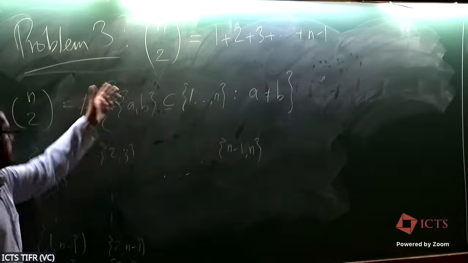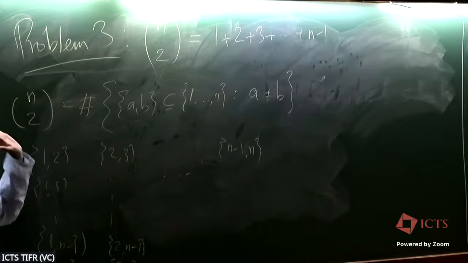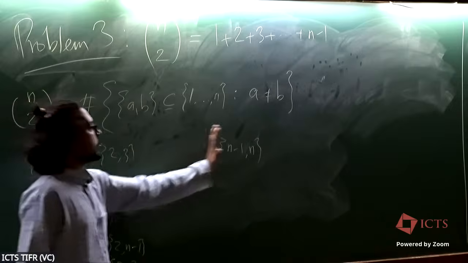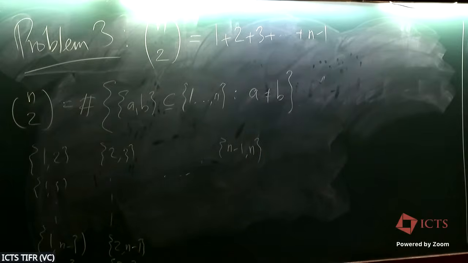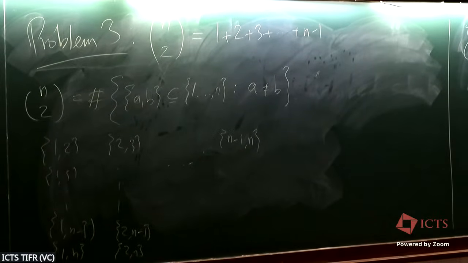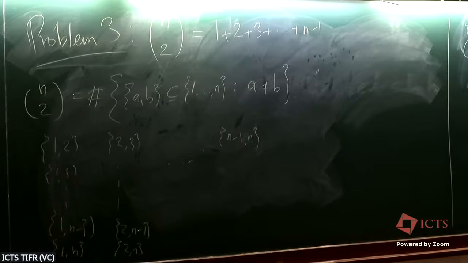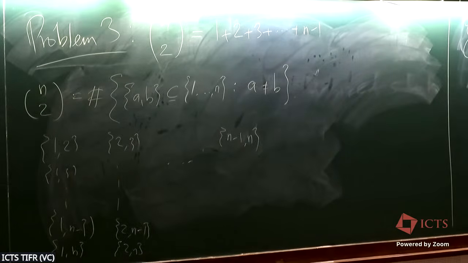So this set, you counted it in a different way. This is a double counting argument. Very nice. So this is n minus 1 plus n minus 2 plus and so forth down to 1, which is equal to this. Good. So this is some flavor of what people do when they think combinatorially. You see some numbers and you ask, first of all, is it the count of something? And you see an equality and ask, is the same underlying set being counted in two different ways? These are two very common questions that immediately pop into a combinatorialist's head, I suppose.